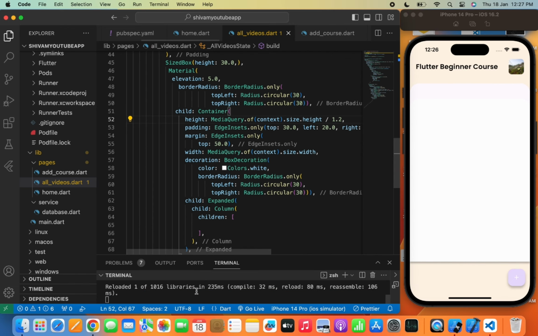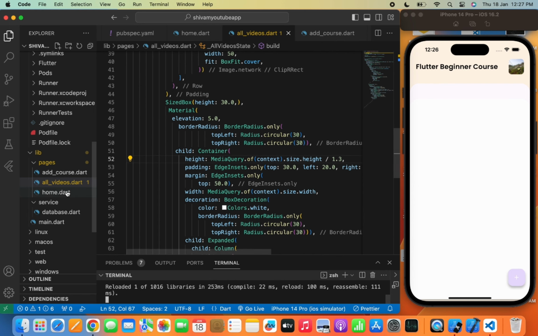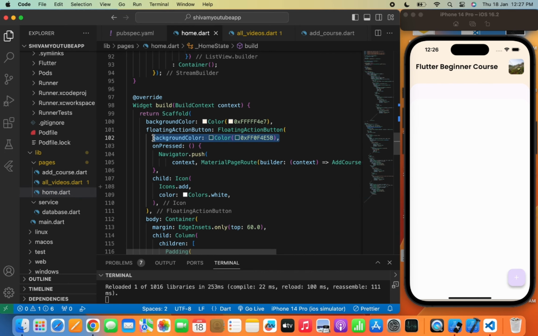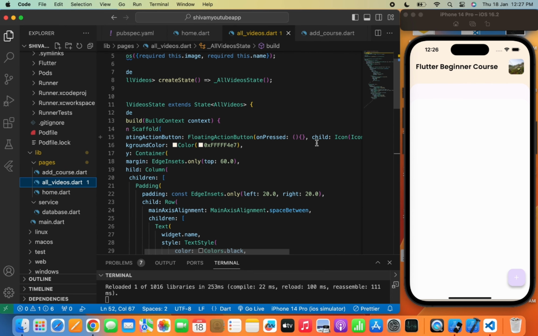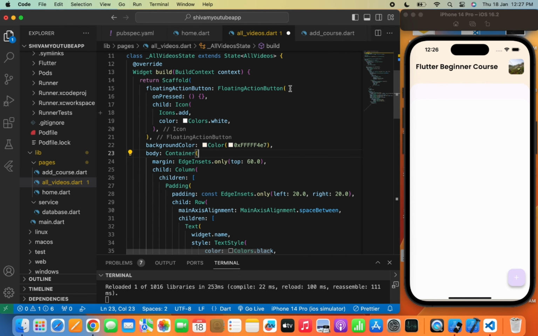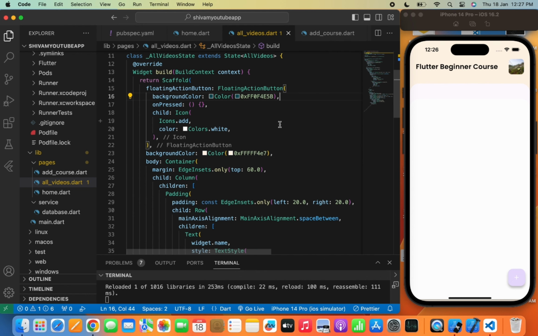Now I want the container to use the complete height of the screen. So I will change the value and check the specific value that I need so that it can use the complete height of the screen. So 1.3 looks better here and it covers the complete screen. Now let's move to the home.dart file here again, and we'll pass a customized color code to our floating action